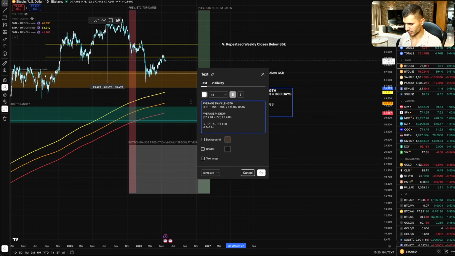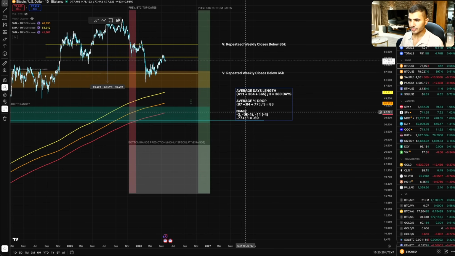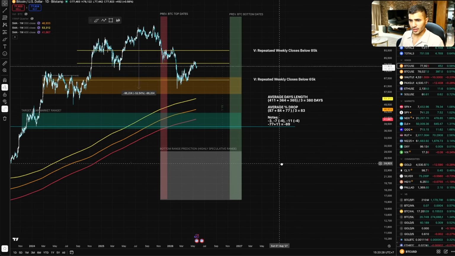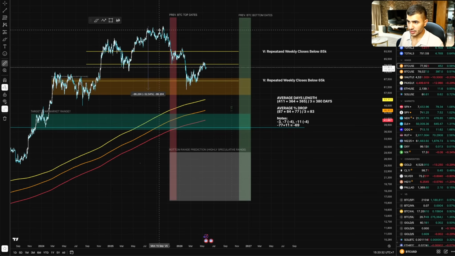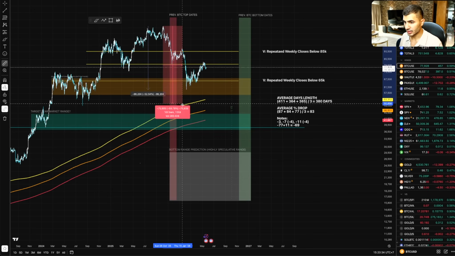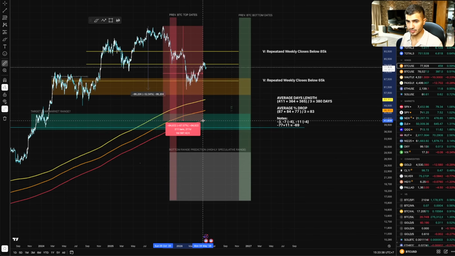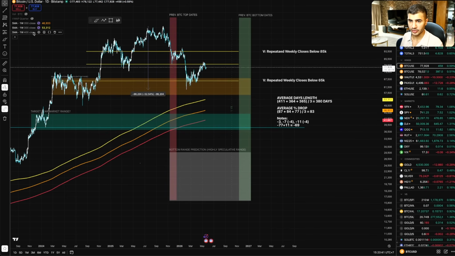And then we get a -69%. That's just by simple observation, okay? I'm gonna leave it here, some notes, all right? Just if you maybe will use it later. So if we say that we're gonna go down -69%, that would put us around that range, which coincides with the 400-week SMA.